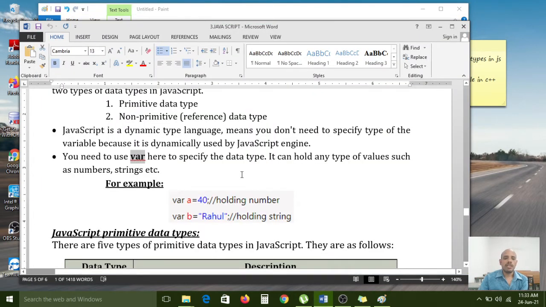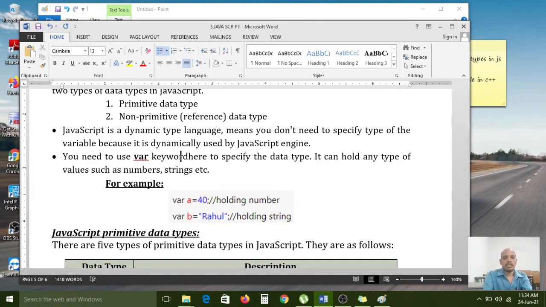JavaScript is a dynamically typed language, meaning you don't need to specify the type of the variable because it is determined dynamically by the JavaScript engine. Just now I told you. Next, you need to use the var keyword here.